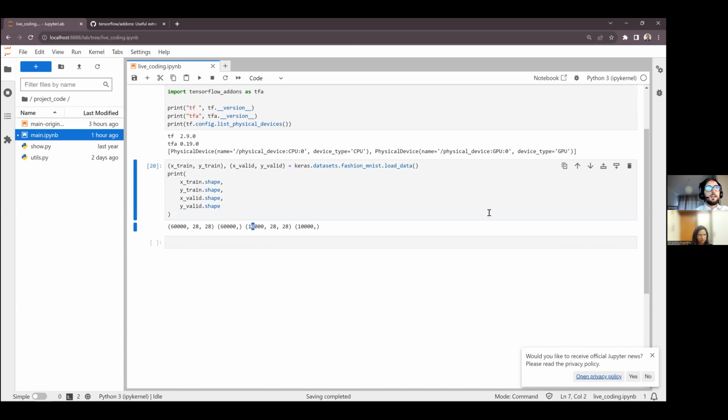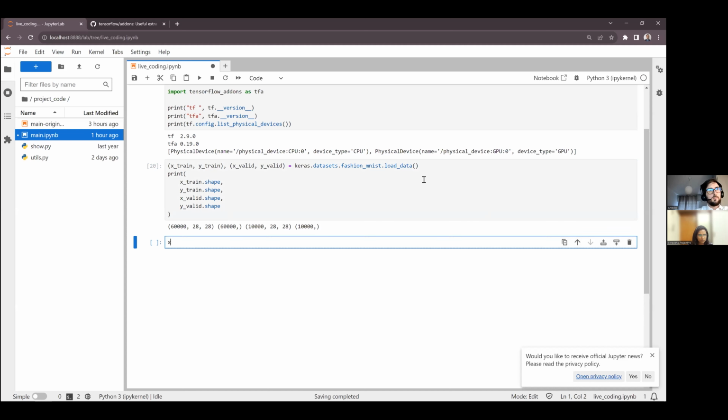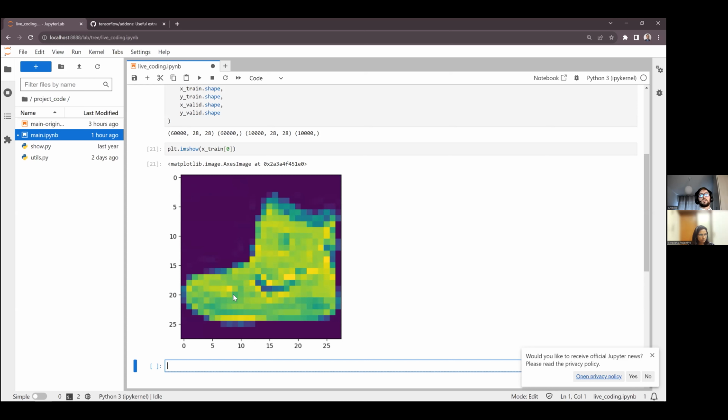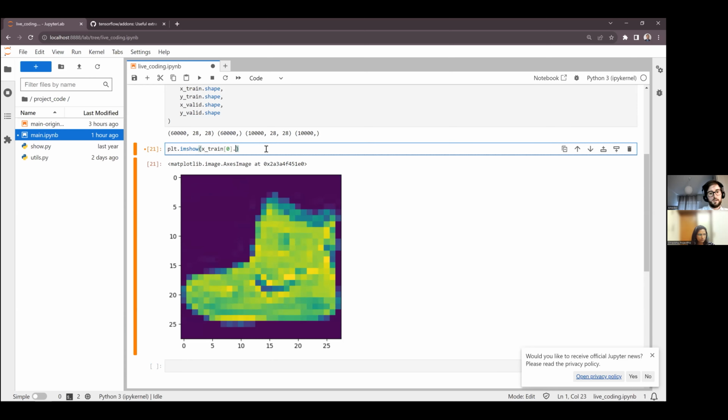Okay, let's see maybe a couple of images from that dataset. I will start from the first one just to make sure that I can get everything right. So the first image should, okay, we can see it's something like a shoe. Maybe let's see if I can reshape it like that.